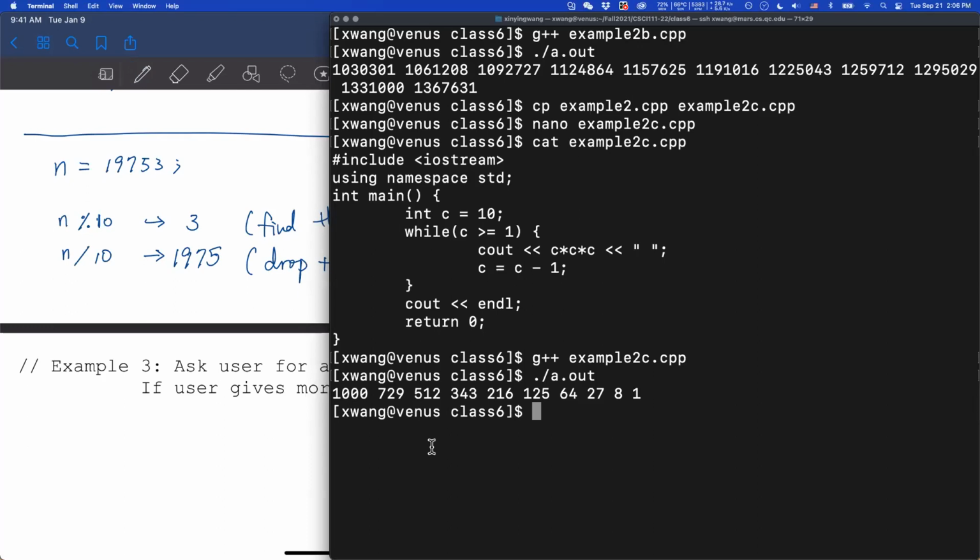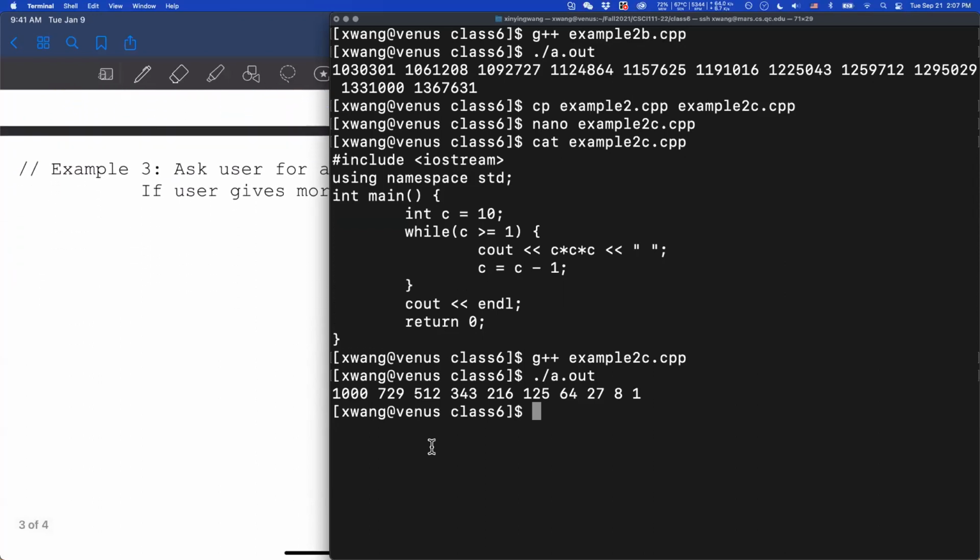The reason I bring up these two operations is because you will use them very often if you want to get access to digits, or if you are doing some program with integers and digits. These two are very common operations you will use.